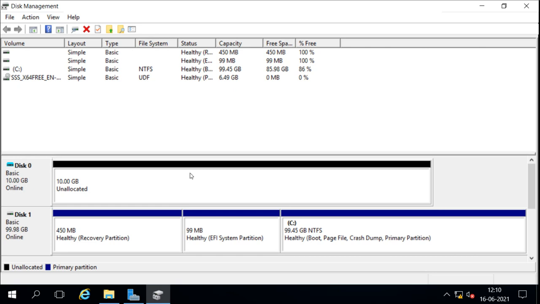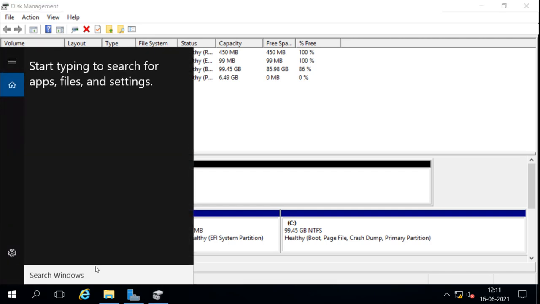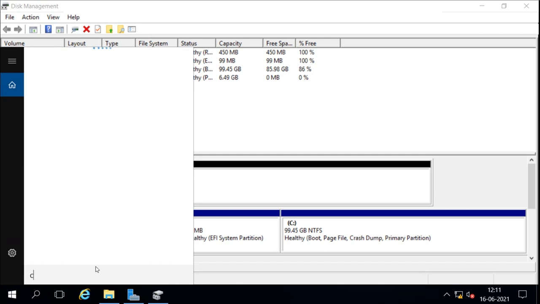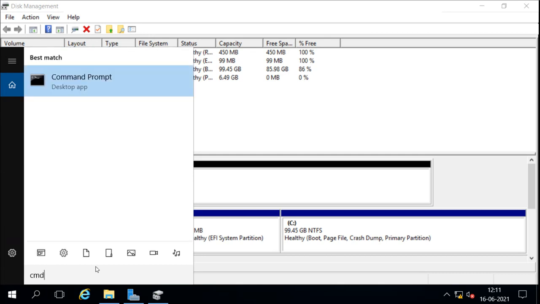from the command line. From the command line I can do this with a command line tool called DISM. DISM is a tool which we can use to deploy the operating system. We can use it to do lots of deployment things. It is basically to deploy multiple things into the Windows system. To run that DISM, we will run the CMD command. We will run the command prompt as an administrator.